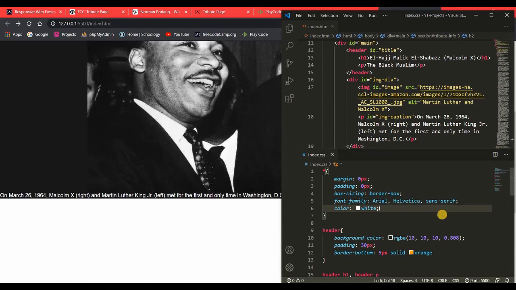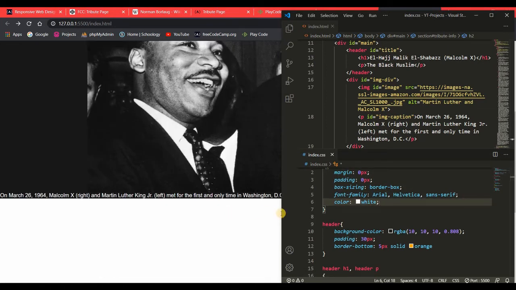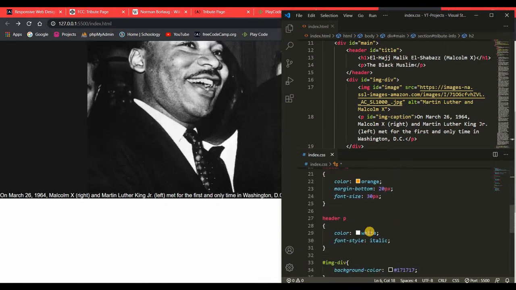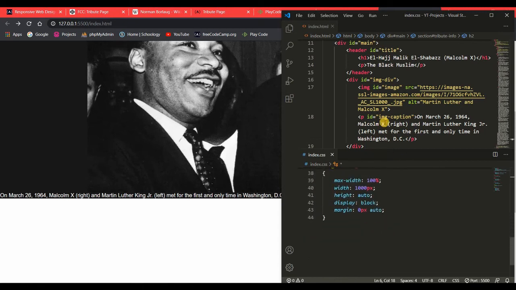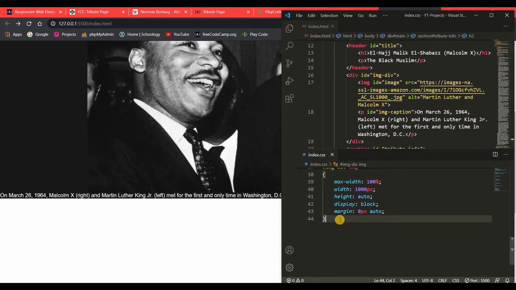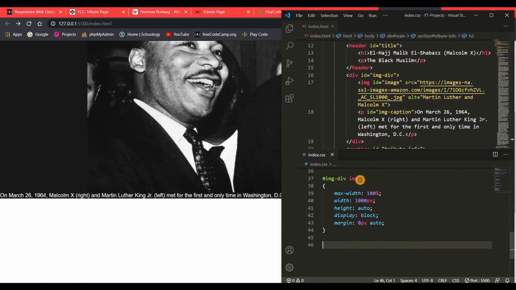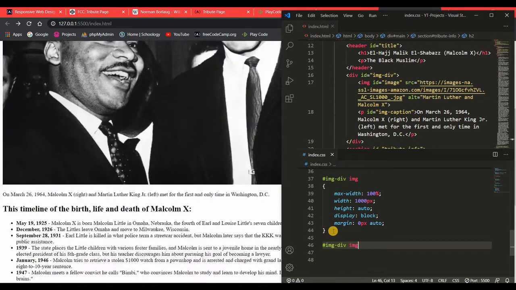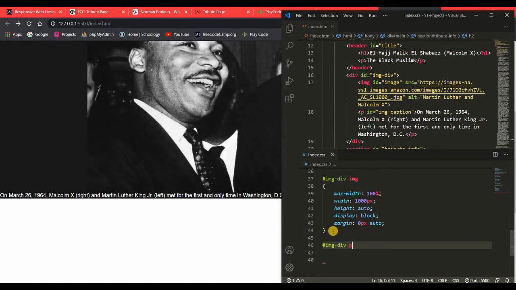Default color is white. And now I'm going to go ahead and edit my caption, which is inside my image div. So I'm going to go for image div and my p tag,